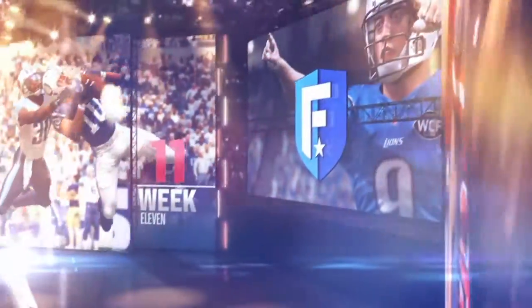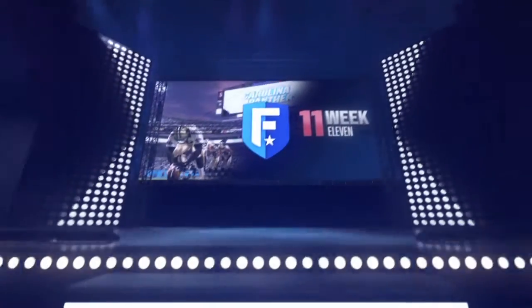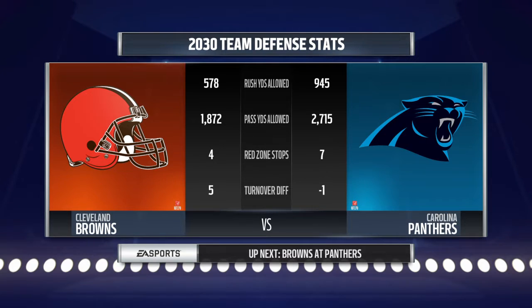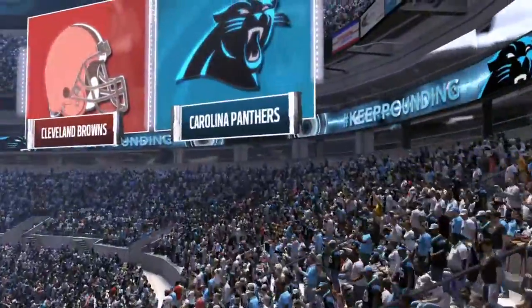Hello, everybody. I'm Larry Ridley, and this is the NFL on EA Sports. Today's matchup features two teams looking for a win. It's the Panthers coming in at 3-6, going up against the Browns, who come in at 6-3. With that, let's get up to Charlotte, North Carolina, as we bring in our broadcast team of Brandon Guyton and